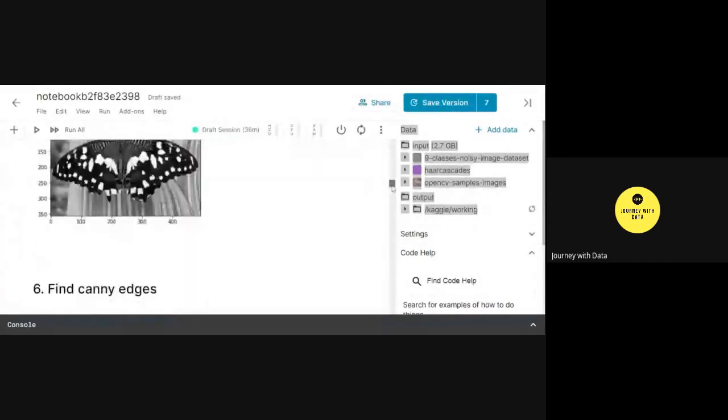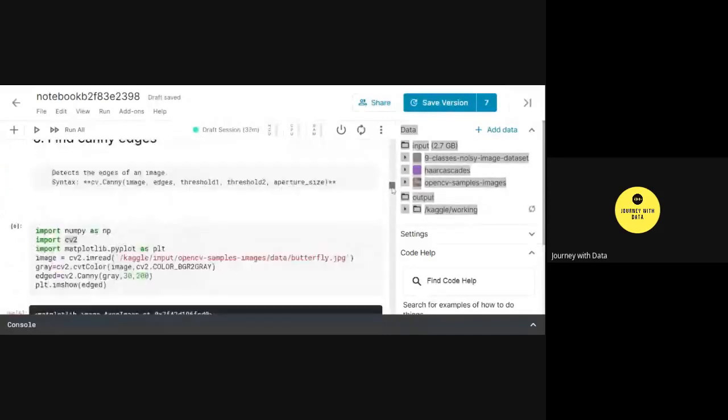Now next is finding the edges. To detect the edges, which can be used in features like edge detection and some advanced features, we use the Canny method. I'll just give you a basic idea of how the edges are detected. Here I've read the image with cv2.imread and then converted it into a grayscale image.